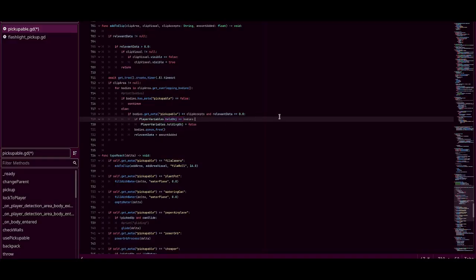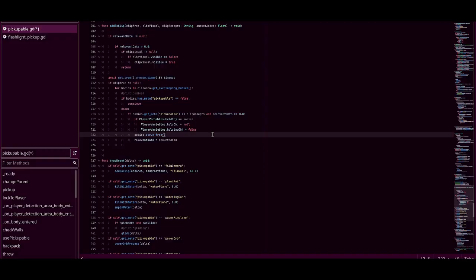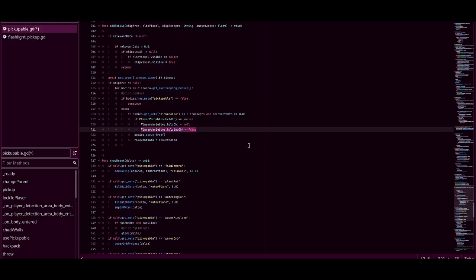I should probably also set the held object to null, right? I definitely should. You know what, I'm going to do that right now, because that would make sense. Cool. I should be doing that. I'm just going to add that now. That would make sense. Anyway, we have our holding object then set to false, so we don't have any issues,